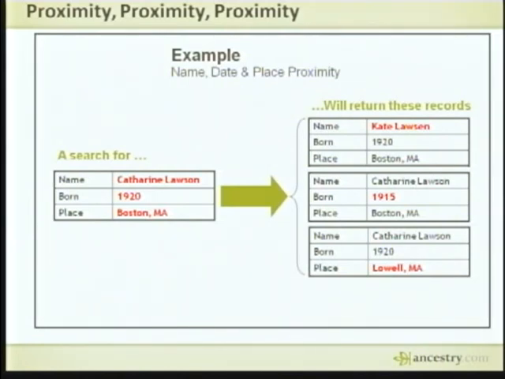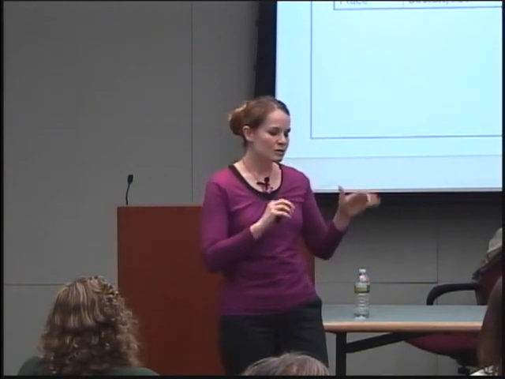I was doing some research in the 1930 census for a friend, and I said, well, where do you think your family was living in 1930? Well, California. They've always been in California. Everyone's been in California for as long as we can remember. So, I mean, 1930, what is that? 80 years ago at this point? We're not talking very long. So I do a search on it. They weren't living in California.